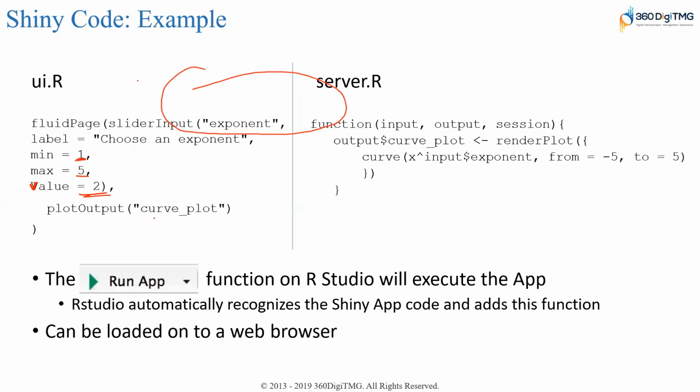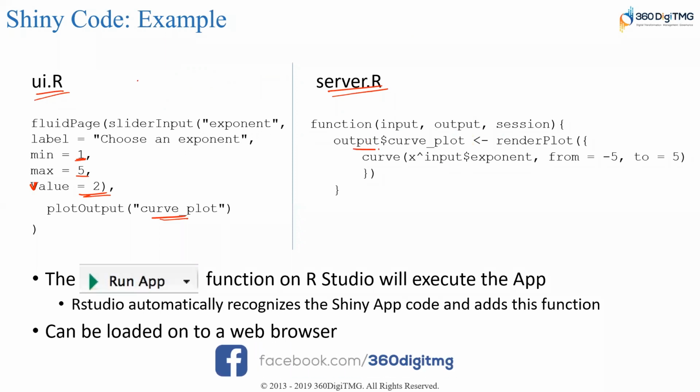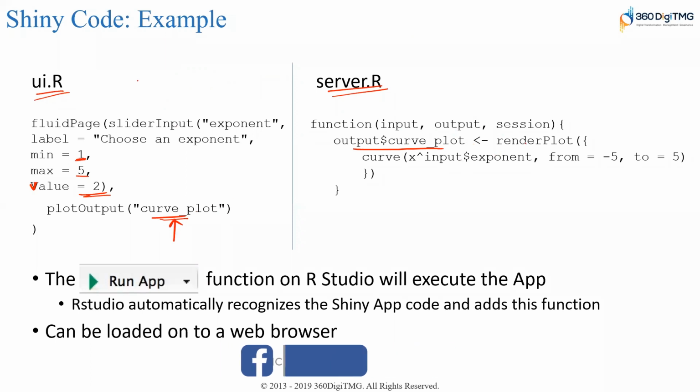And the output that I want is curvePlot. So this is your application, UI.R, and here I have server.R. The server function takes input, output, and the session. This is the session that I have to execute. And I'm saying this is your output variable. I have referred to that variable here. So this is my output variable, and I'm saying renderPlot. This is one of the functions in R which takes the input variable as exponent. This is your exponent, and I'm passing this as an input.